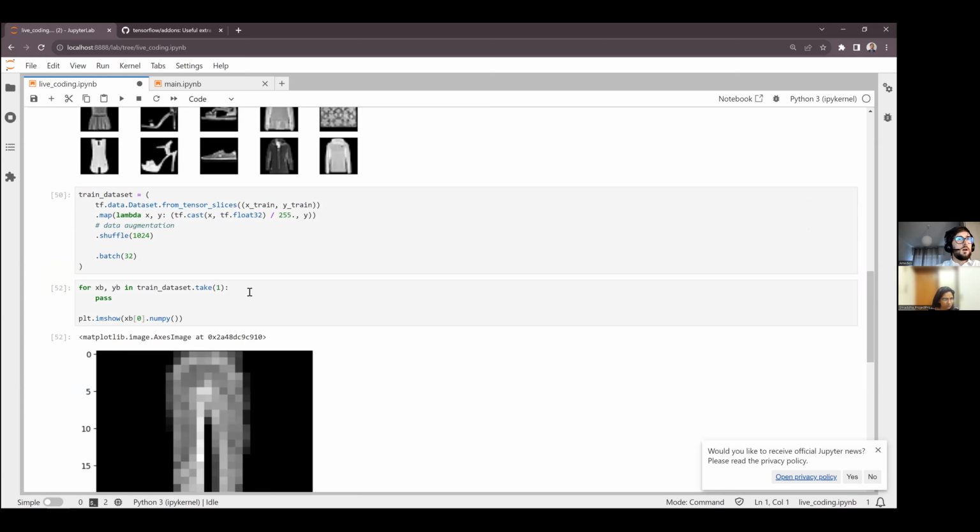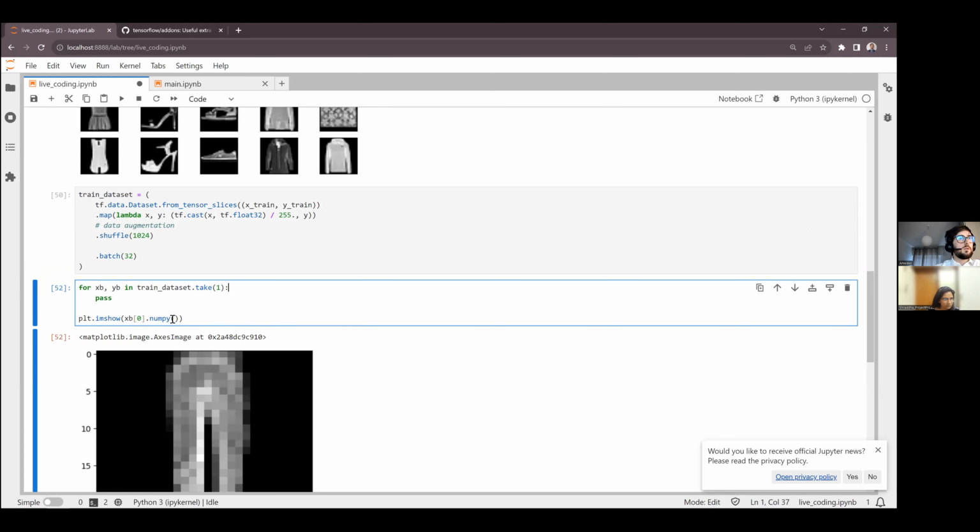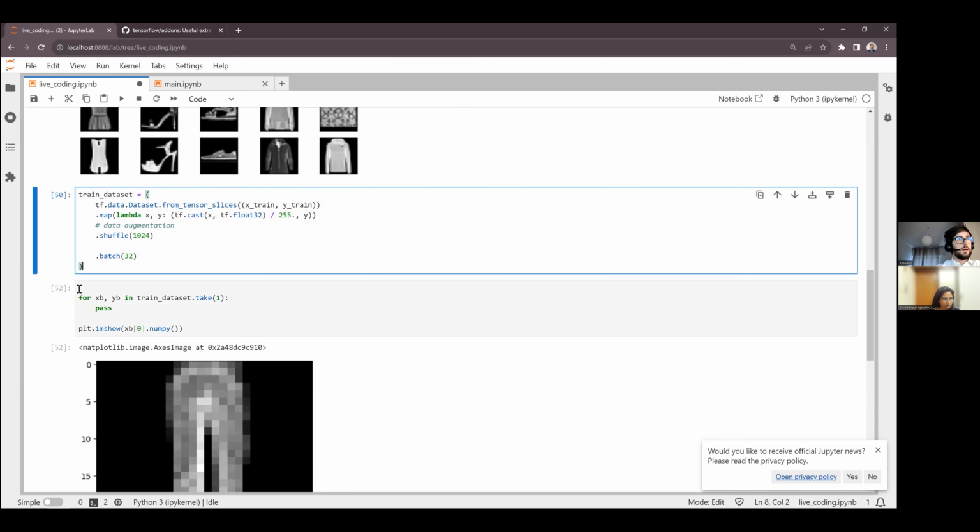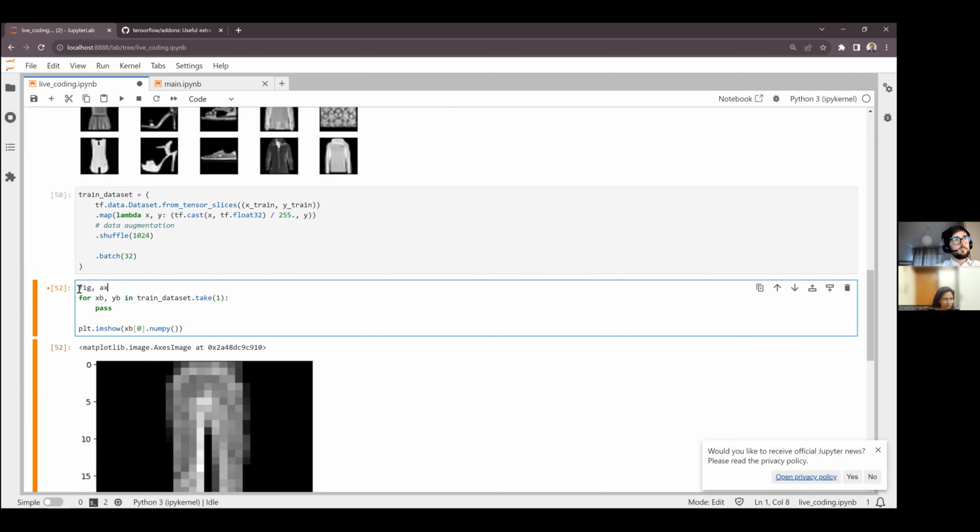So now maybe we can plot a couple of them. Maybe again, we can do a matrix of plots, 1 by 2, let's say a bit more, 2 by 4, for example.